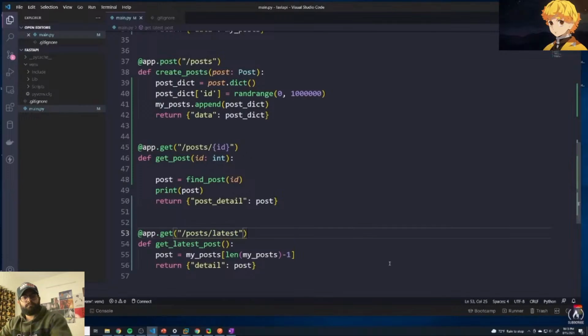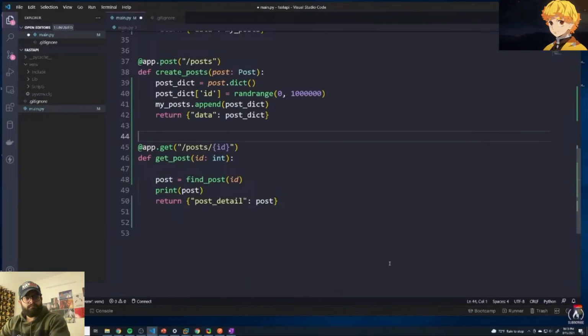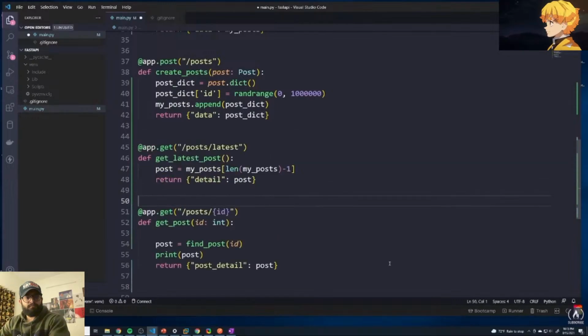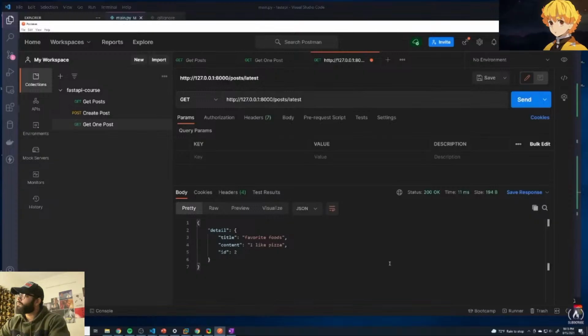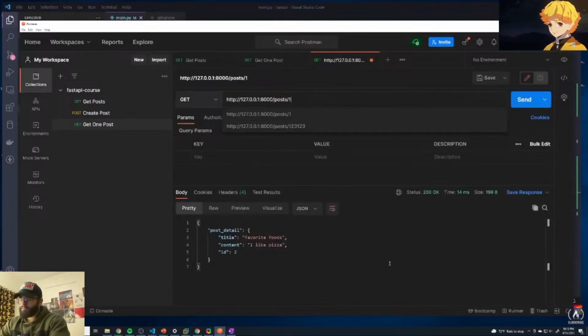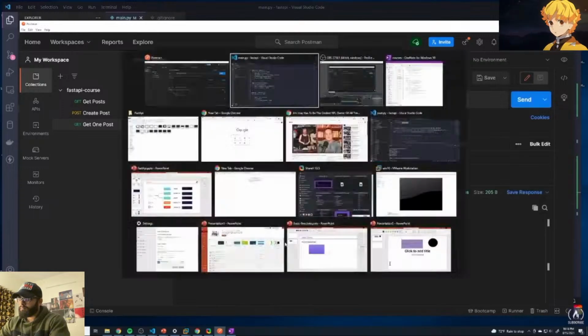You want to make sure that you don't run into this type of issue. So, one thing in this case you could do is just move this up. That would fix the issue, because now if you save this and then run this, it works. And if you try to reference a specific ID, that's going to work as well. Well, in that case, let's try 1. Yep, and so that works as well, because